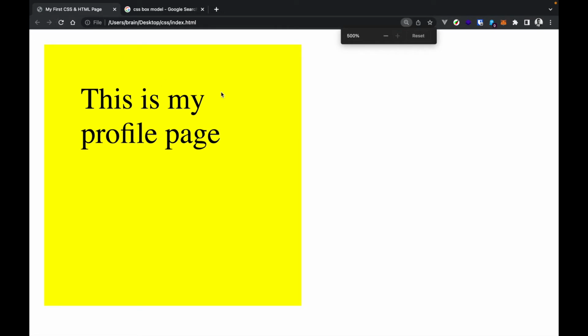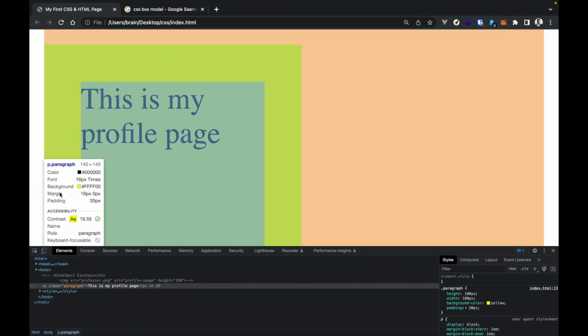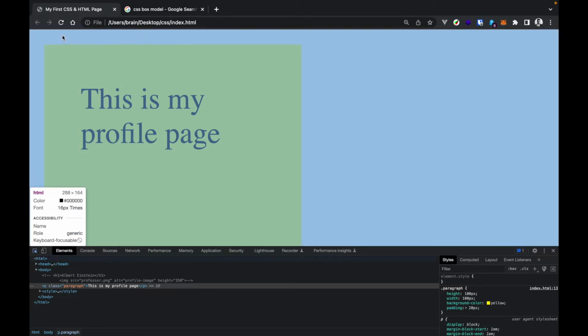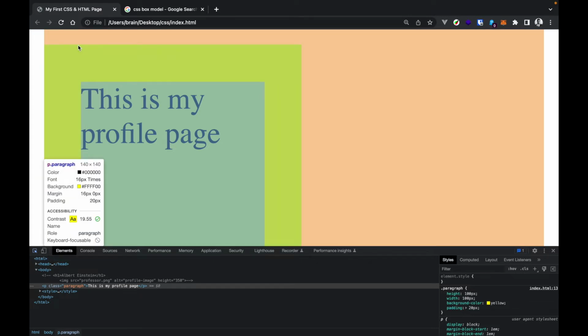All right. Now, when you right-click on your browser and you inspect the elements, so clicking on this item, I'm using Chrome, of course. When I hover on this item, you see the yellow part, that is actually your padding, right? So that is your padding. And then what you see outside of your padding is basically the margin between the item or the element and the browser, right? So what we have right now, that is our margin, right? So we have the yellow part being the padding, the reddish parts on top being our margin,